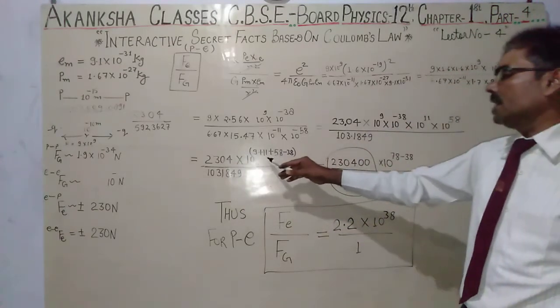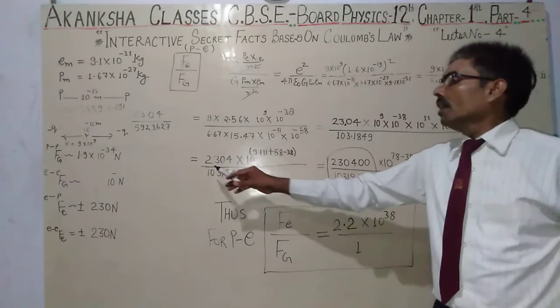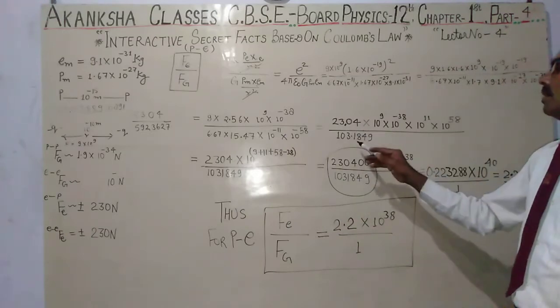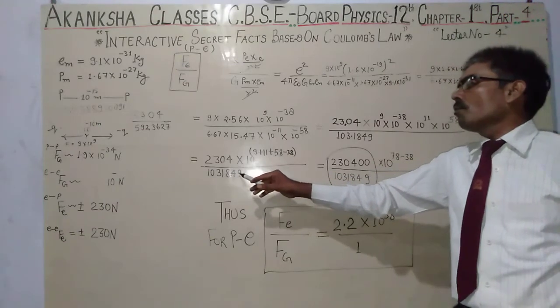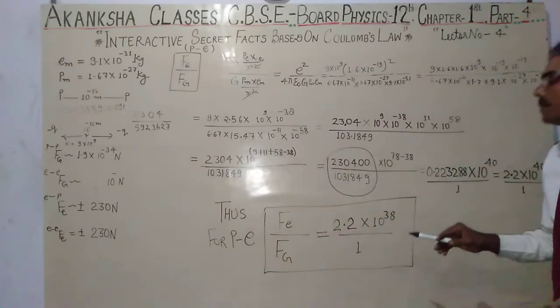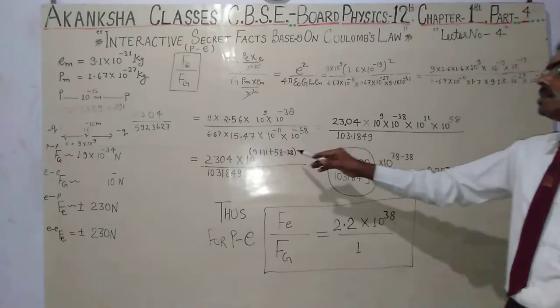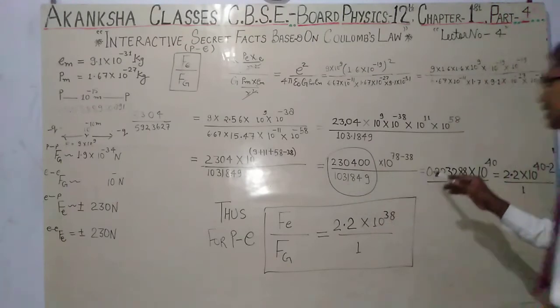We get 9 plus 11 plus 58 minus 38 upon the same digits removed, 1031849. It becomes the values of all positive digits, 78 minus 38, and the value of this quotient is